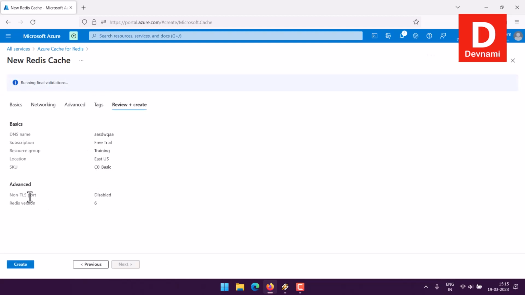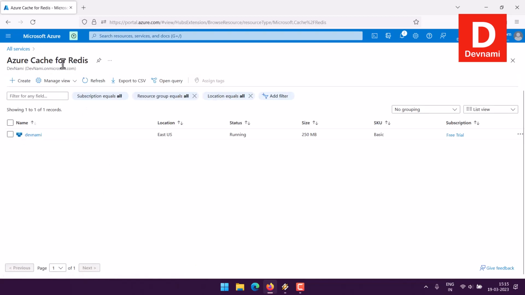So here you finally select the options and you can review them and then click on create. It will take approximately 5 to 10 minutes depending on the region you select. Based on that it will do the setup. For me it took around 5 to 10 minutes, and once set up you will find that instance under Azure